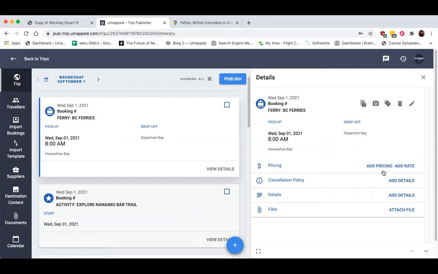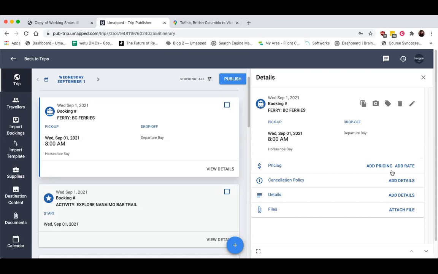Okay, so once I've created my transportation segment, I have a couple other categories right here that I can choose to add additional information to. Don't worry, these aren't mandatory fields, of course, so you can choose to leave any of these blank if you'd like, and they just won't appear for your clients at all, not even the header. So these will just stay blank if you don't put anything there.